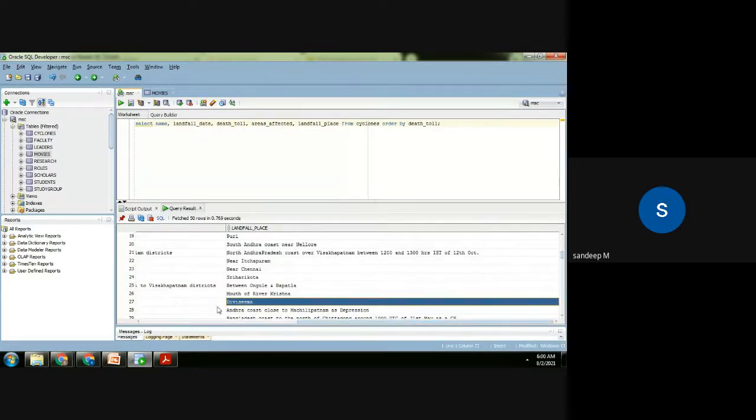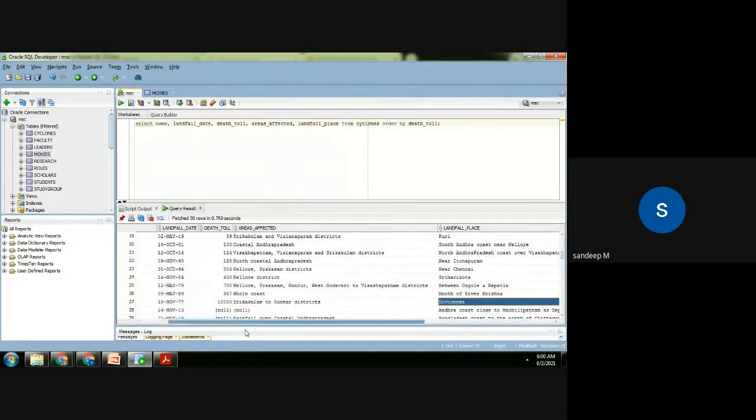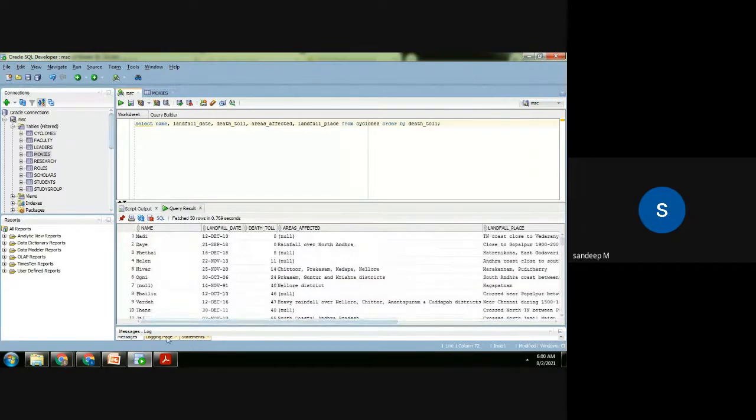Okay, so this is the Devasima cyclone. Okay, so you can use that. Also a distinct command. Distinct command means, say for example, in the same data set we want to know the names of the categories of cyclones. So when we do select category from cyclones,